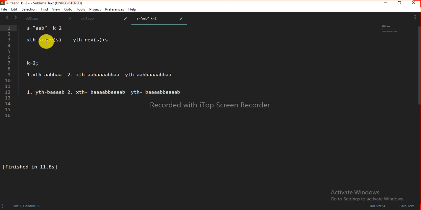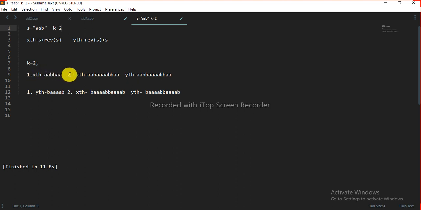I am denoting the first operation as the xth operation, and the second operation as the yth operation. So let's see what we can get. The first time, if we perform the xth operation on the string s, we get s plus reverse of s. So this is s, and the reverse of s is baa, so this we can get.